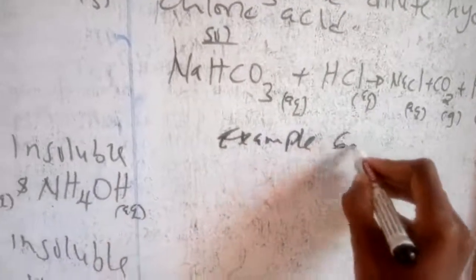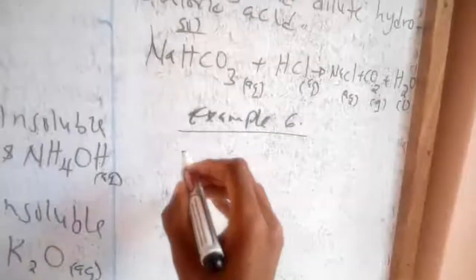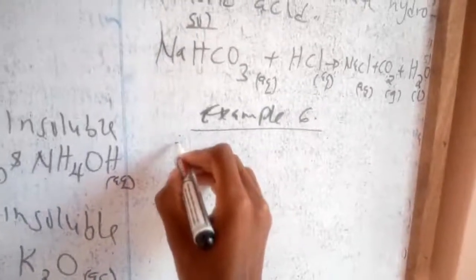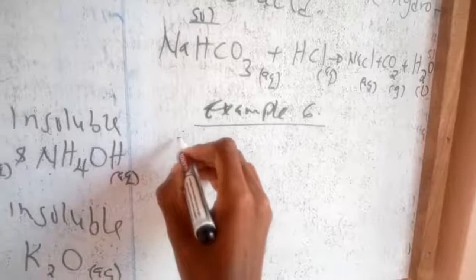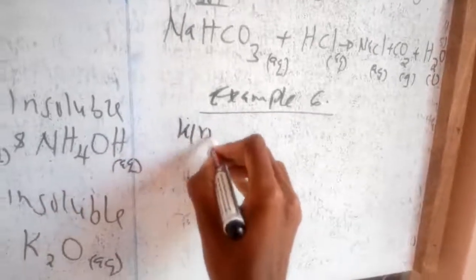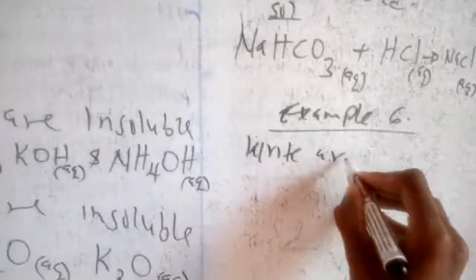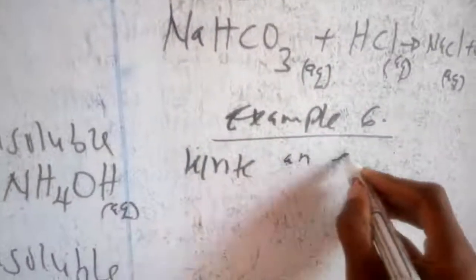In example 6, I'm going to give an example of a reaction between a metal and elements of group 7. Write an equation of the reaction. You are supposed to write an equation